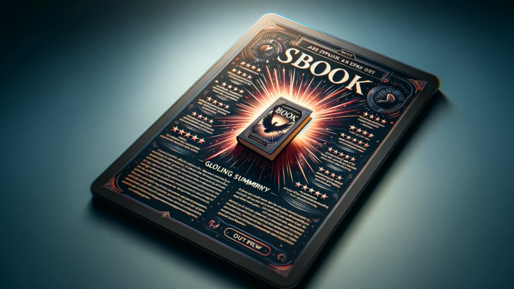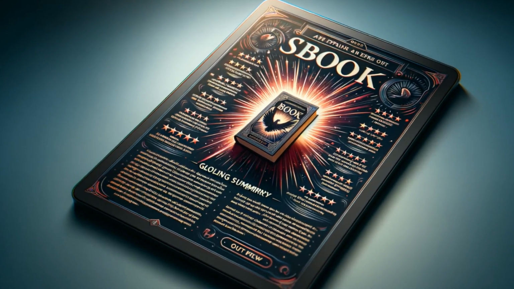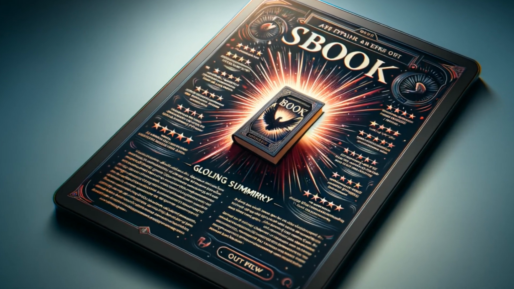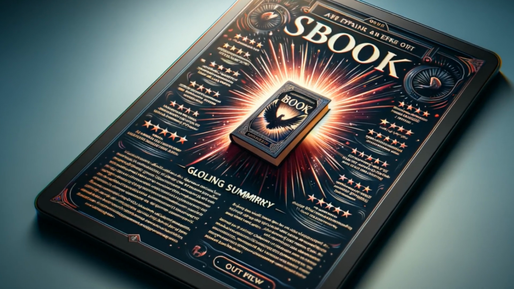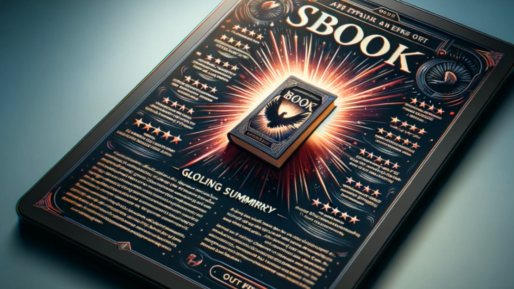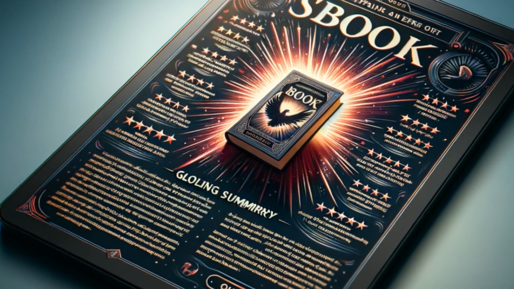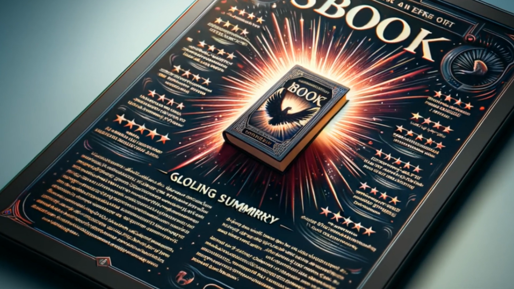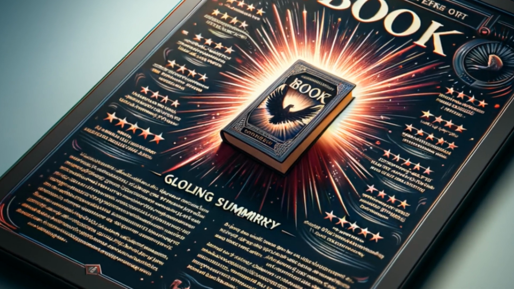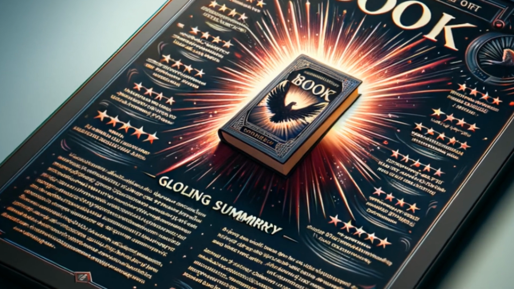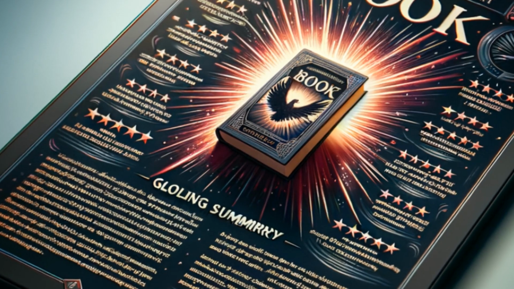Creating a compelling ebook description is crucial. This is what hooks potential readers. Start with a strong headline, then move into a concise summary that highlights what makes your book unique. Include key benefits and, if applicable, some positive reviews. This description is your sales pitch, so make it count.